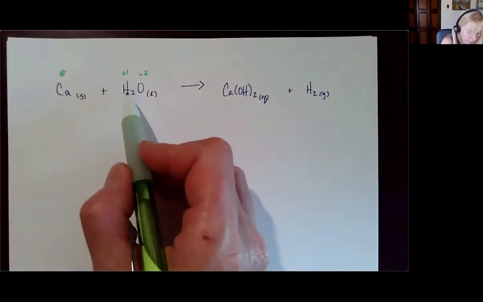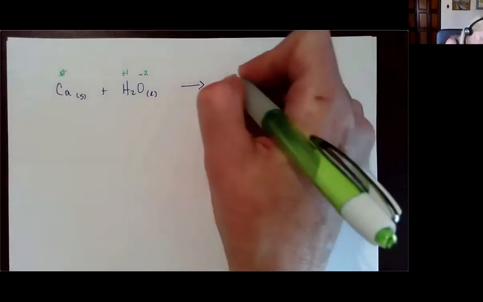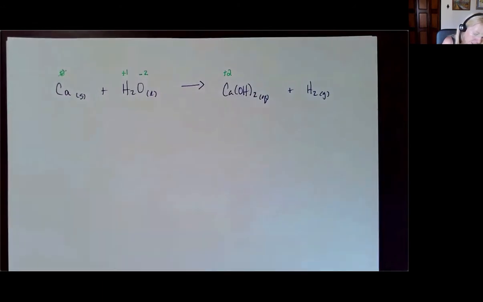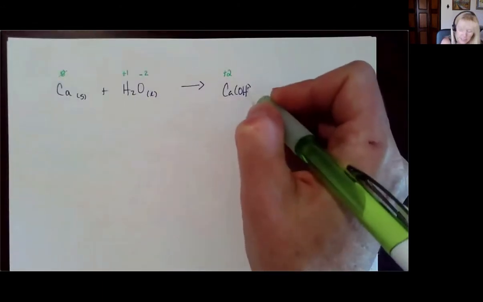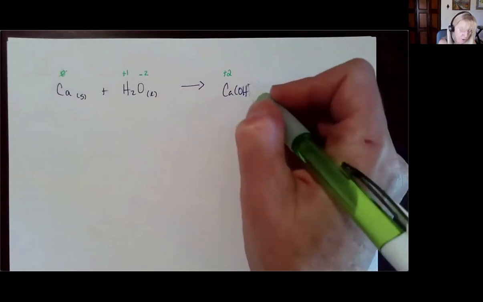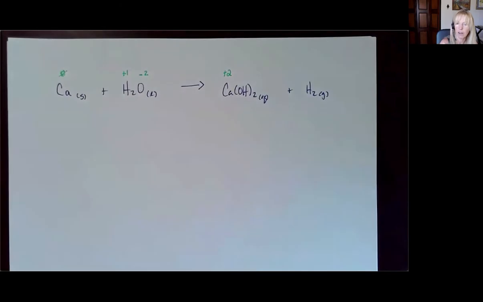I just want to keep track of each one of these hydrogens has a +1 oxidation number. If I come over, this calcium has a +2. Then I look at this hydroxide. And remember, hydroxide has a -1 charge. So when I add up the sum of my oxidation numbers for hydroxide, I want to have a -1 left